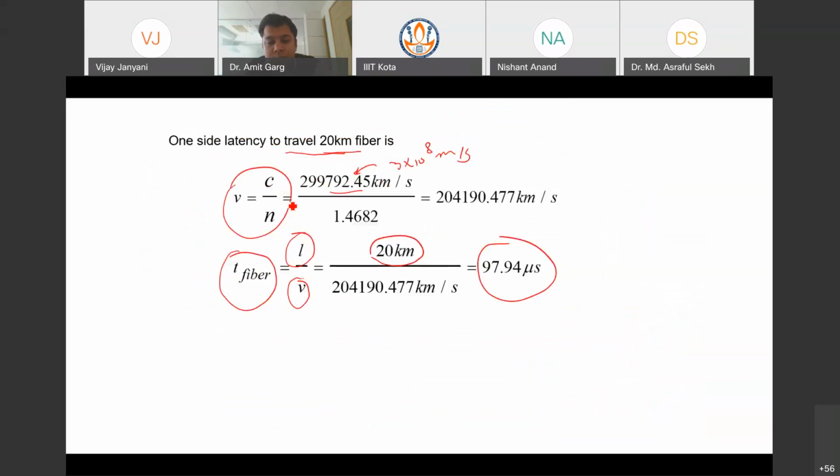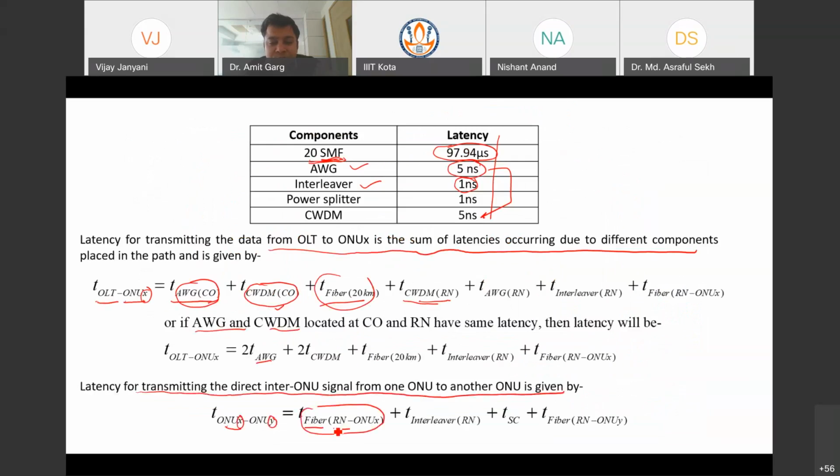So that's why we take latency here for fiber, only within the remote node to ONU X, and then interleaver, then SC, that is the coupler or splitter, and then again fiber, which is from ONU X to the remote node, and from the remote node to Y. So that's why we take it twice.